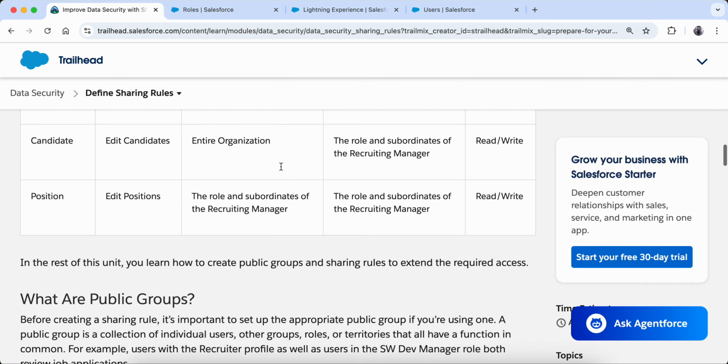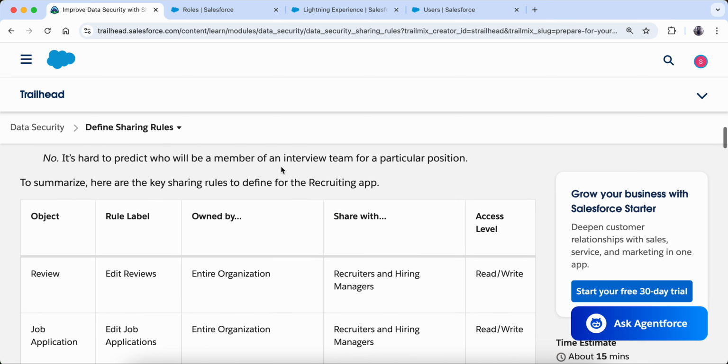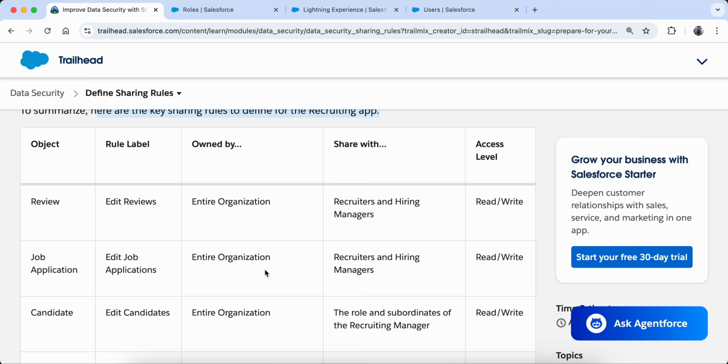Okay, so what they are saying is, look, here are the key sharing rules to define for the recruiting app. They already created an app, the recruiting app, and they are doing everything for that app. When you do the whole hands-on for permission sets and permission set groups, you will have everything here.